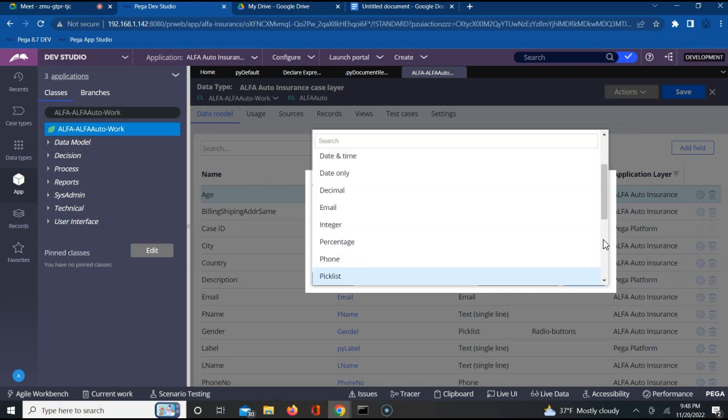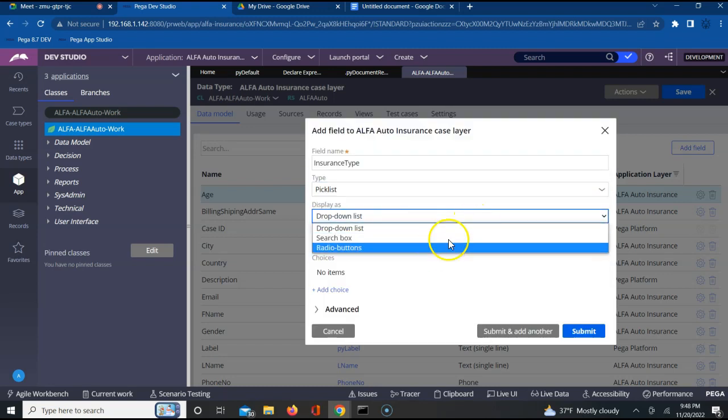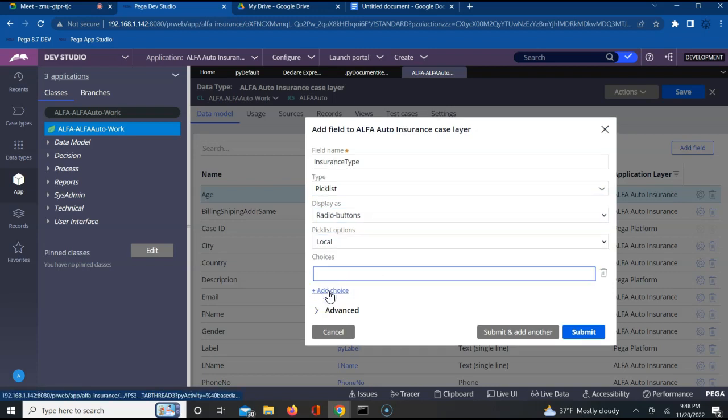Pick list, let us say. Okay, drop down list. I'll say radio buttons, and the list will have two values. One is what are the different insurance I have. One is personal and vehicle. So let us say if it is a personal vehicle,